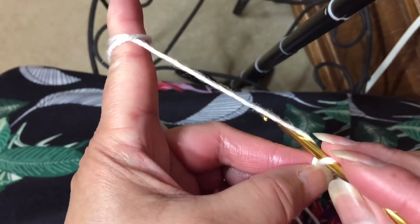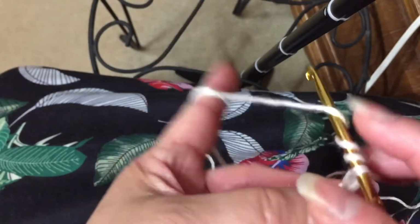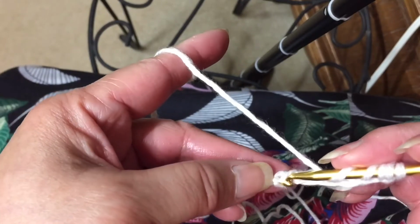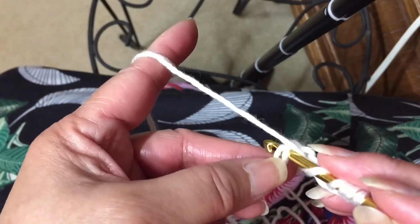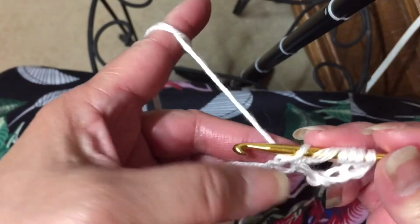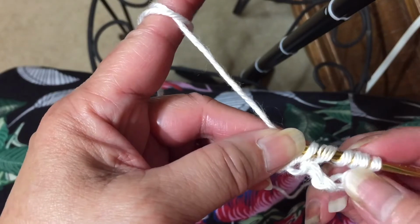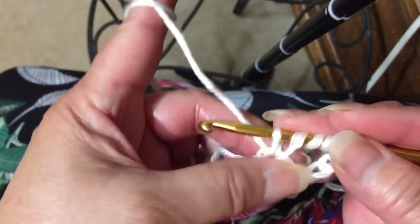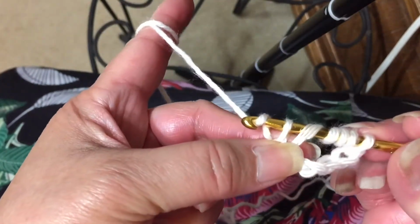So yarn over 4 times, 1, 2, 3, 4, and then insert hook on the 6th chain from hook or the first stitch you made at the beginning. So that's the yarn over, and you see 6 loops on hook. So 1, 2, 3, 4, 5, 6, and then from this point on you yarn over once and then draw